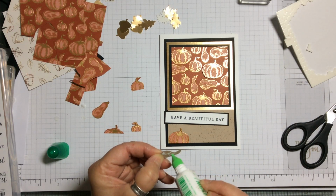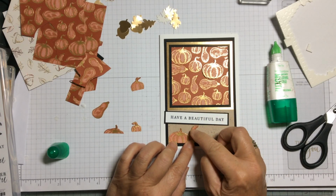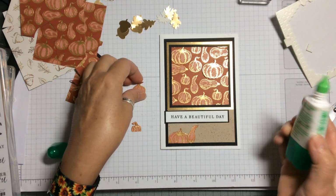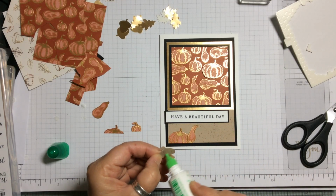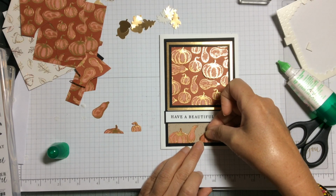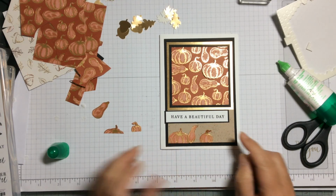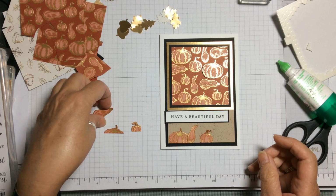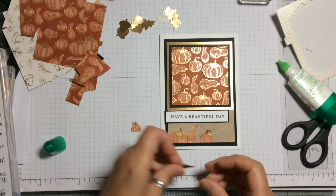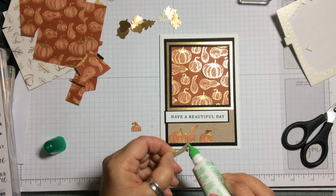So again, just use your little pieces and add them where you want, but just down at the bottom, this one is a whole one, so that can just go up like that. We've got another little one here. So I'm just going to put this one down with maybe a little bit of a space, but you can see, because it was the edge of the paper, it actually goes perfectly right to the edge of the cardstock that we want. I've got another whole one here, so that one's going to come up over the top. I'm going to have this one, which is a tiny weeny little piece that's cut off, but it really doesn't matter,